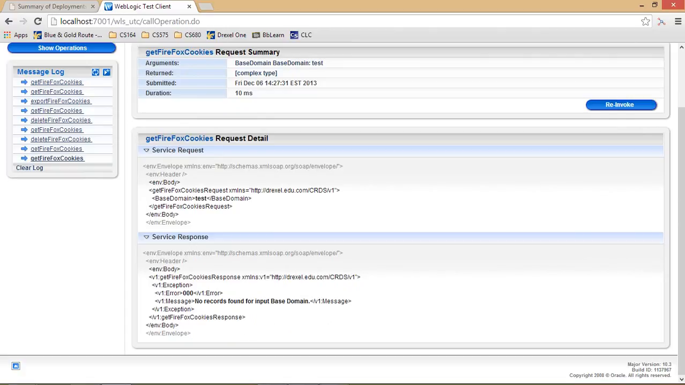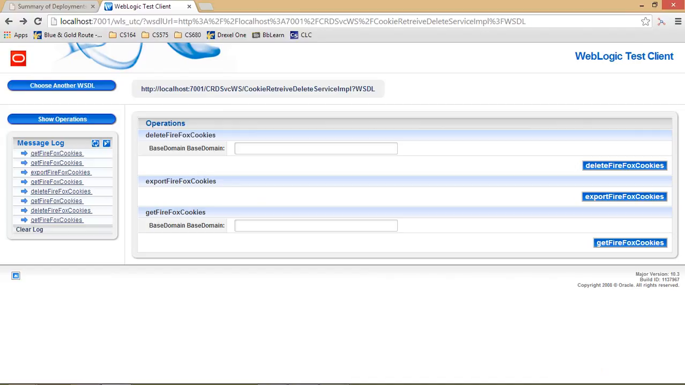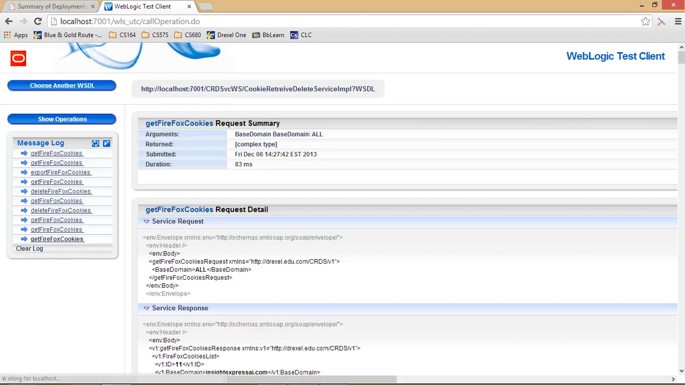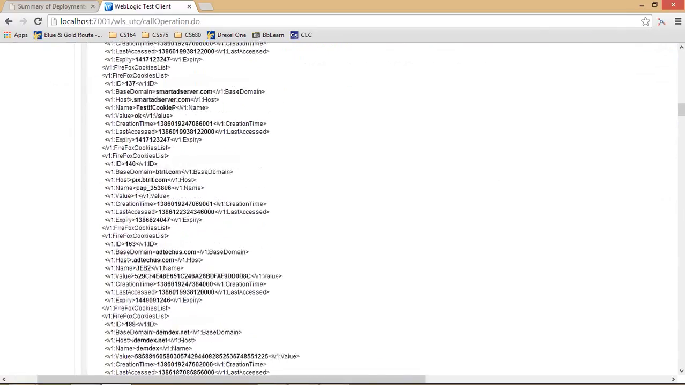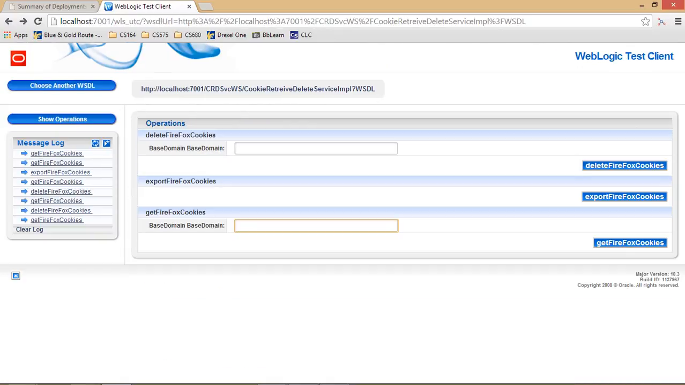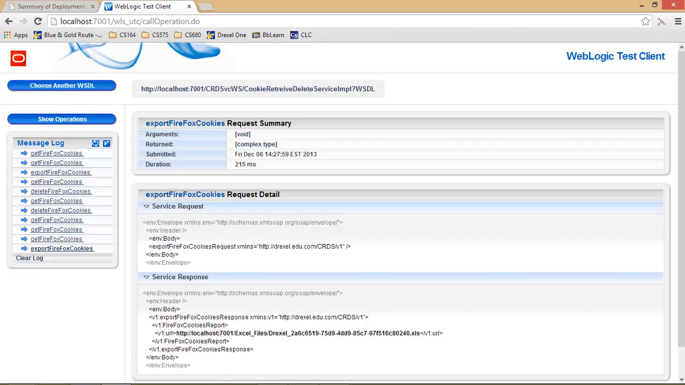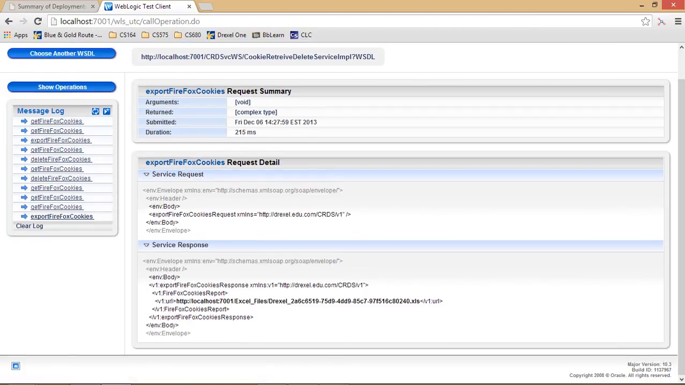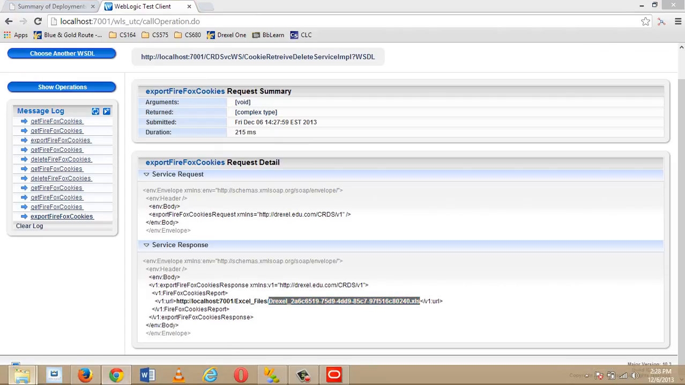When I run it, I get an error saying that no records were found for the input base domain, because there is no base domain with the test value in it. If I give it as all and trigger the transaction, I get the entire list of cookies. I go back and try the export so that I can get some particular value and then try with that. My export Firefox cookies gives me back a link to an Excel sheet. You can see this is the name of the Excel sheet that has been generated. If I go to my folder,